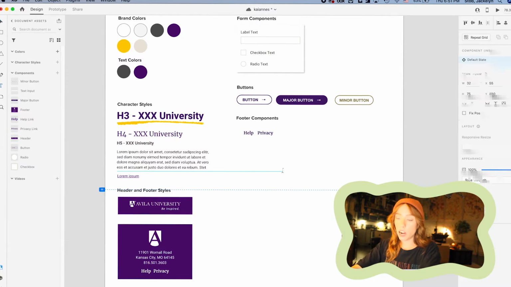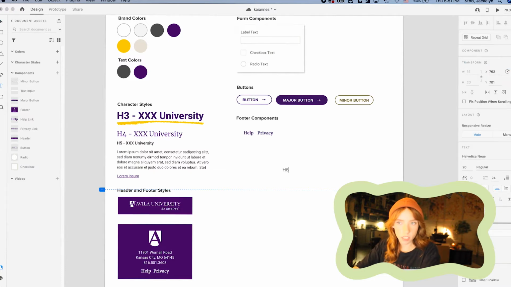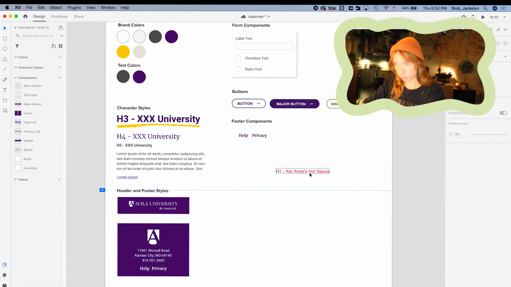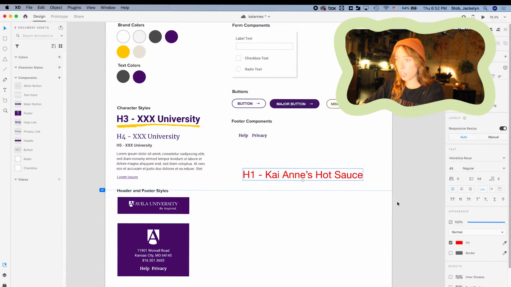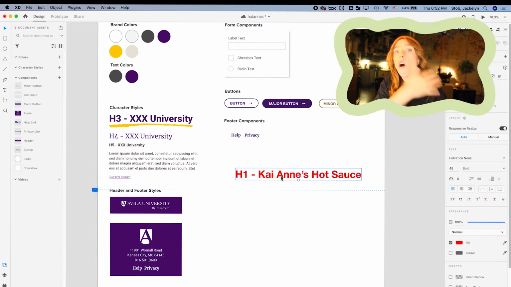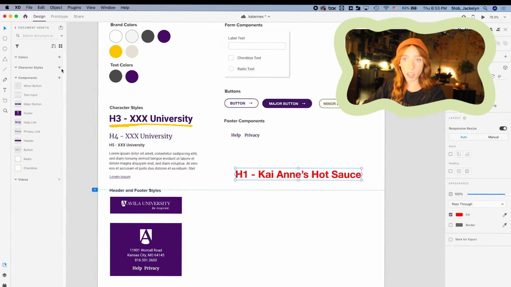So here I'm going to do H6, or I don't have an H1 element, so we'll do H1, Kai, and hot sauce. That's not how you spell hot sauce, whatever. And I want to make it this bright red color. We're going to make it big, and we're going to make it bold. Okay, let's say this is what I want all of my H1s to look like throughout the entire site. So I'm going to select this H1, and then I'm going to add